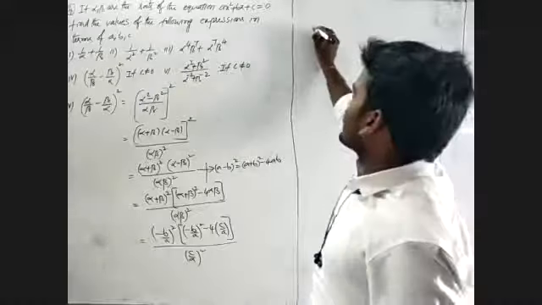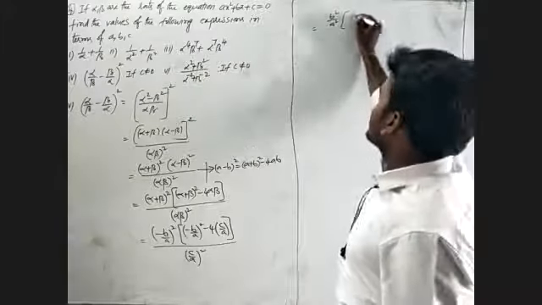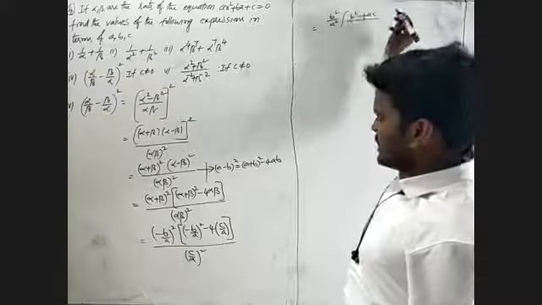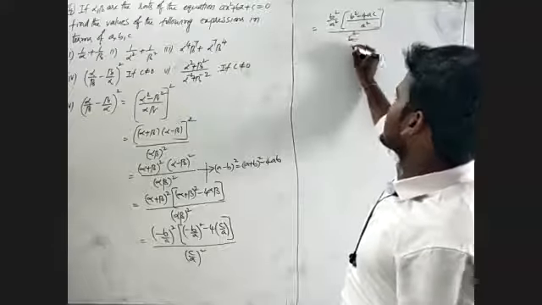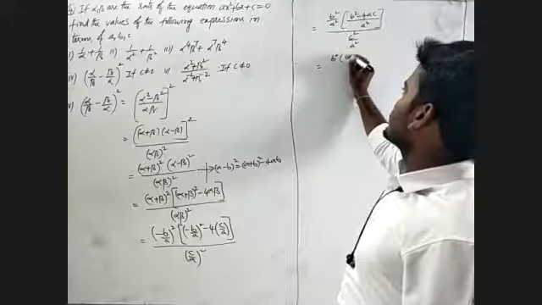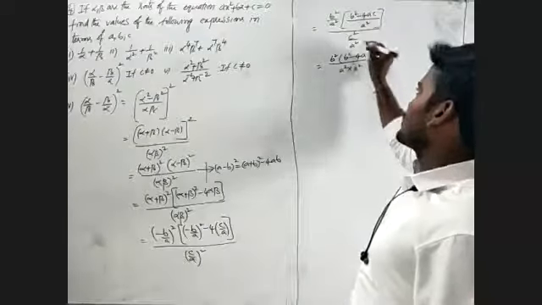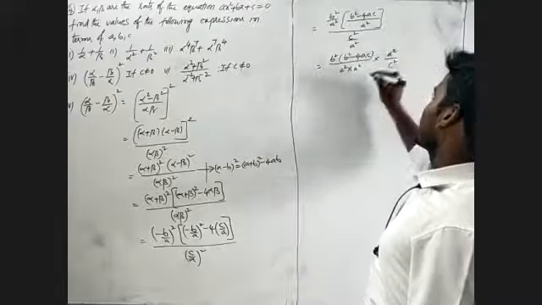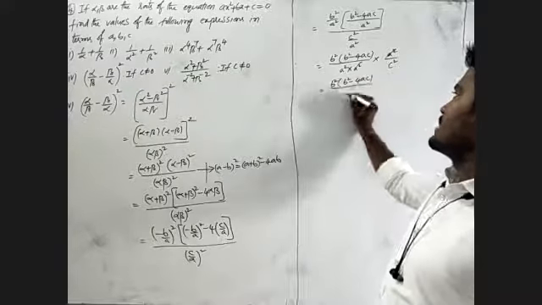That is b square by a square into b square minus 4ac by a square, and the denominator is c square by a square. Here I will write b square into b square minus 4ac by a square into a square. Taking the reciprocal of the expression, a square by c square. A square and a square cancel. Remaining is b square into b square minus 4ac by a square c square. This is the new value.